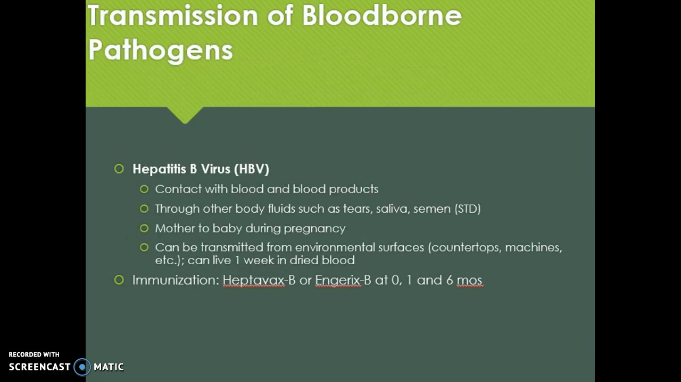Hepatitis B virus is prevalent in blood and blood products. It can be transmitted through body fluids such as tears, saliva, or semen. It can be transmitted from the mother to the baby during pregnancy. And it can be transmitted from environmental surfaces, and it can live up to a week in dried blood. There's an immunization for hepatitis B, which you've all had, and it's very important, especially for people in healthcare, to have that